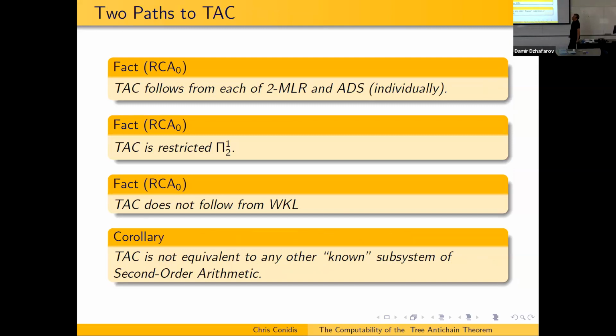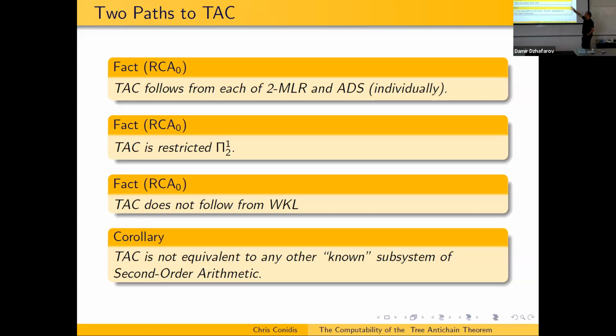It actually involves 2DNR, diagonally non-recursive functions, which you get from 2MLR, this randomness-theoretic notion, and the ascending descending chain principle. It follows from each of those individually. It turns out that its syntactic form satisfies a certain syntax called restricted Pi^1_2. And I believe, if my memory serves me correctly,